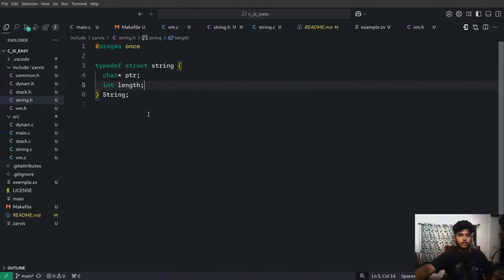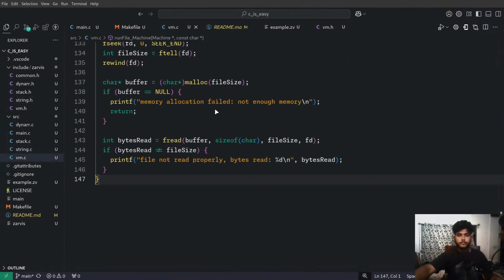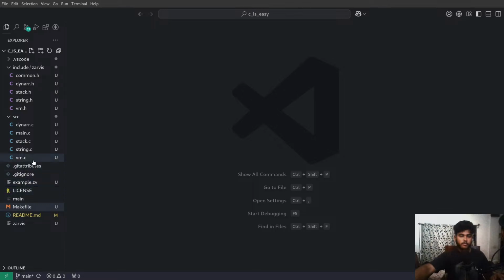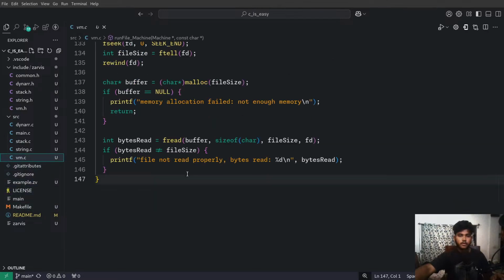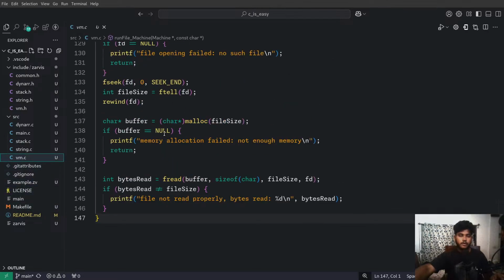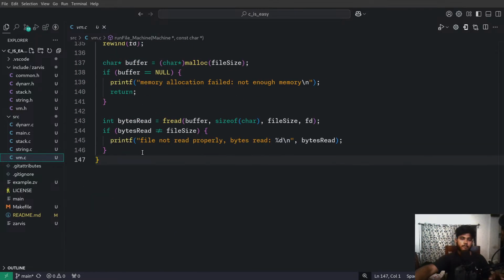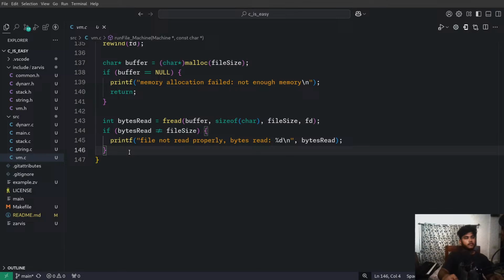That means the memory we allocated here with this malloc, we will create a string out of it, but this is the original memory and we will share it everywhere. We won't copy it anywhere. We will scan on this specific pointer, this buffer. We will pass it the buffer. Okay, so the file is loaded,